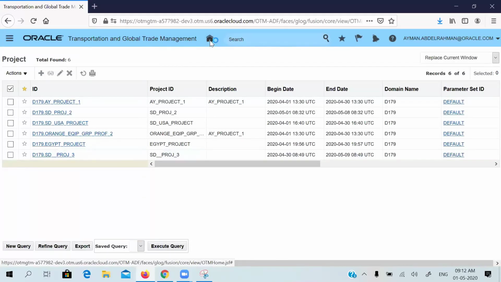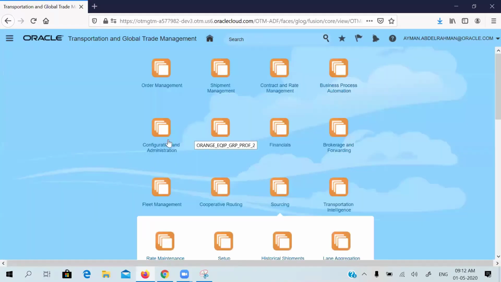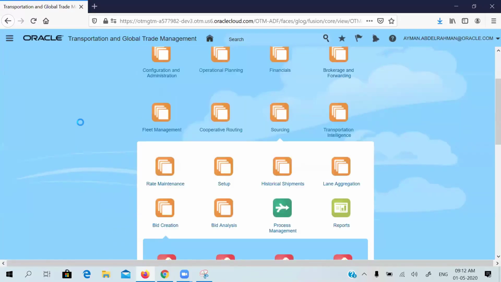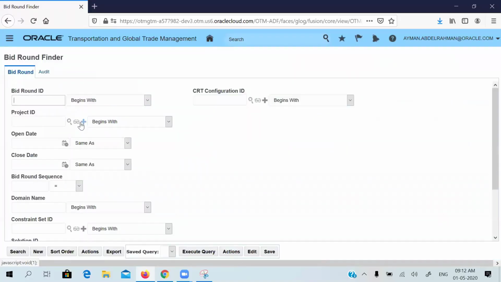I will do that. In the bid round also we have to do the closing. So I have to go to the bid round, and here I have to search my bid round,